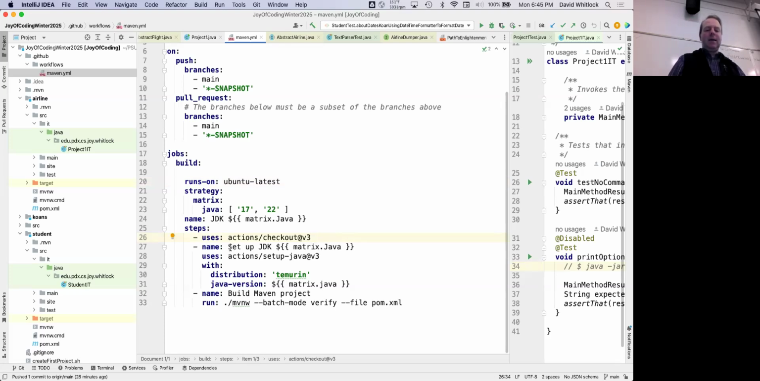And then, I give it a nice display name here, and it basically sets up a Java development environment. So it'll go and download the particular JDK version, either 17 or 22, that's running. It'll install it. It'll set up the environment to use it, to build it. And you can tell it what distribution. It's the Temurin